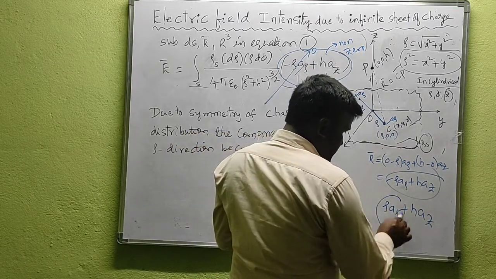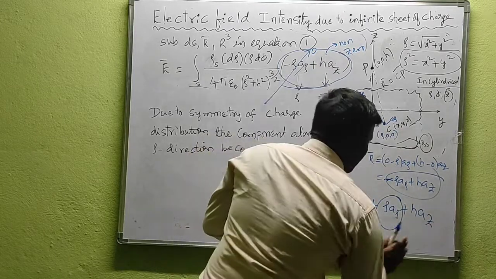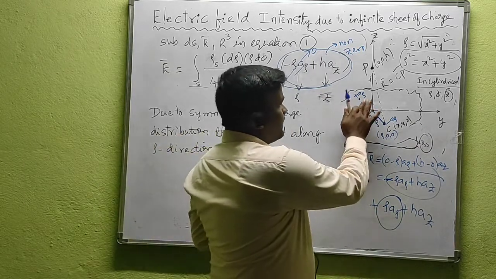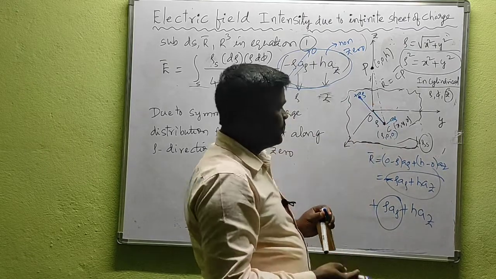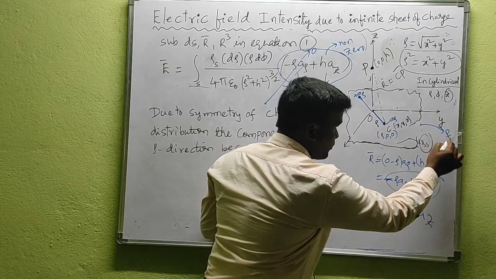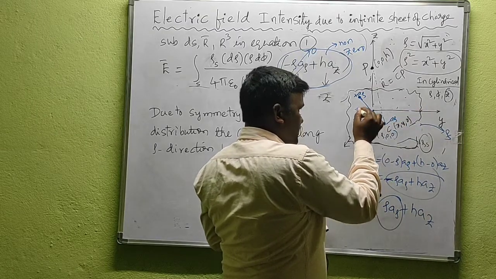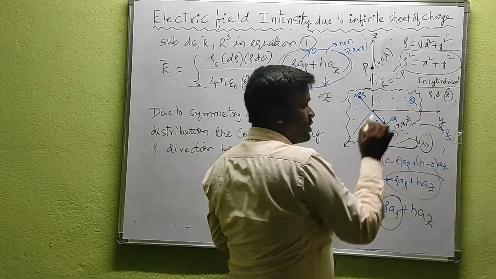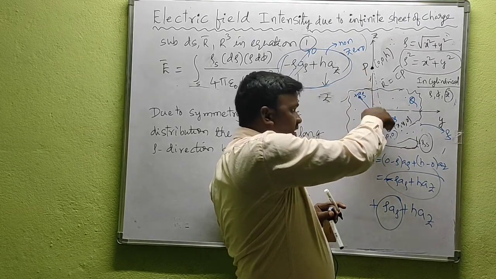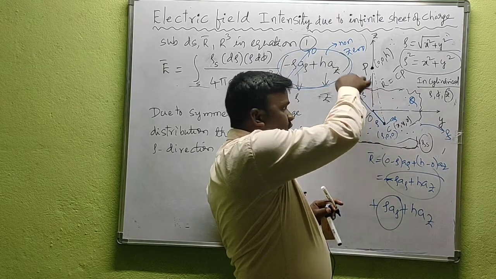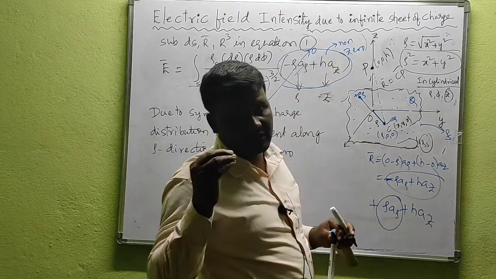So these components, that means the component along the rho direction is cancelled out, because this one is negative 1 and this one is positive 1. Why? Because this is a surface charge with uniform surface charge density, rho s. It means that at each and every point in this plane, the charge is uniform. If q has a positive charge density in this direction, then this negative and this positive cancel out. Finally the component along the rho direction is cancelled out.